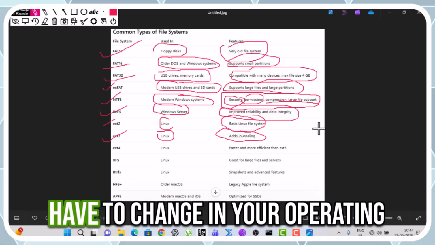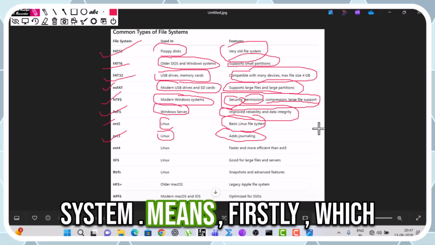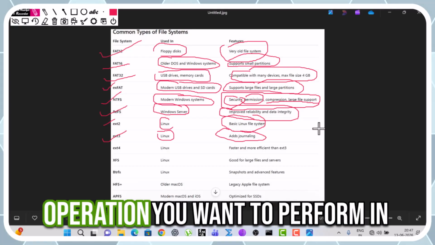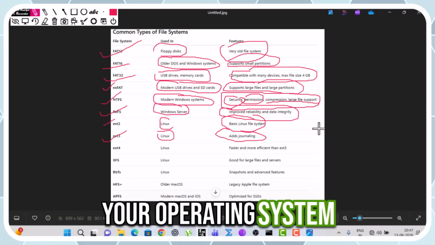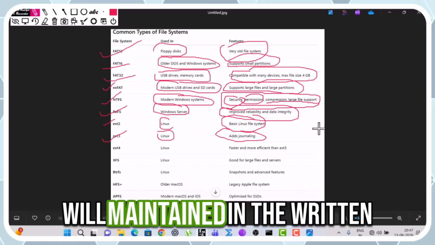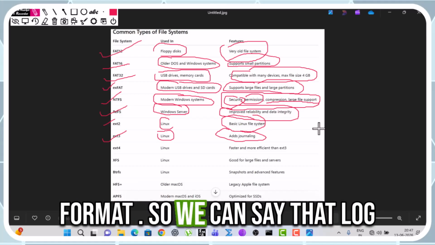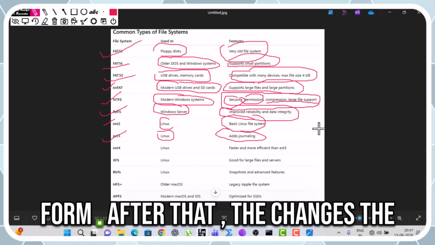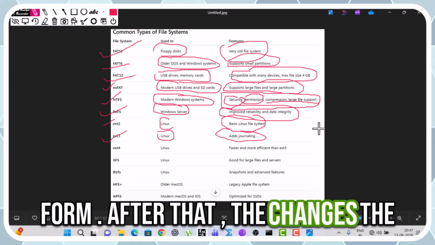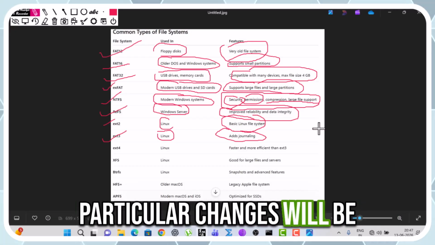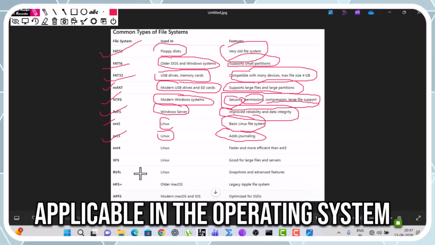After that you make the change. Whichever operation you want to perform will first be maintained in written format, in log form. After that the particular changes will be applied in the operating system.